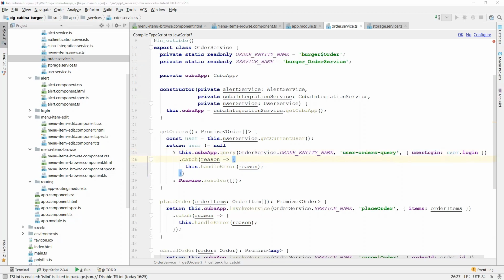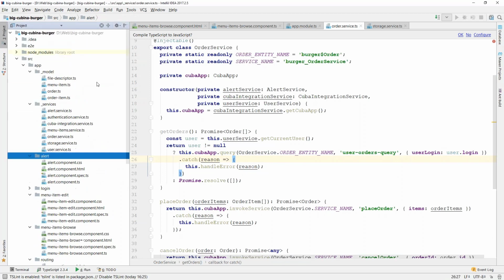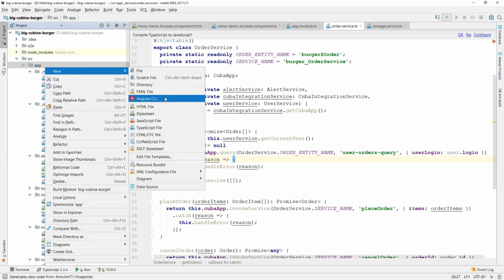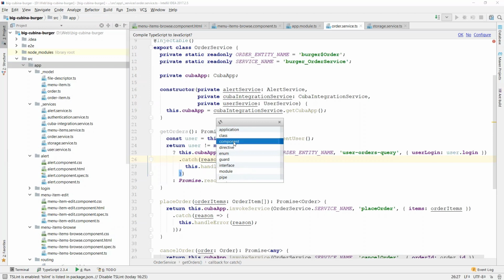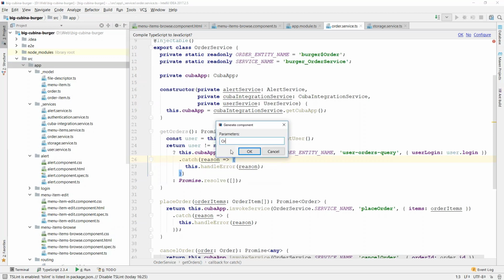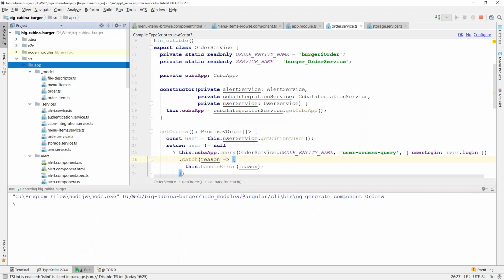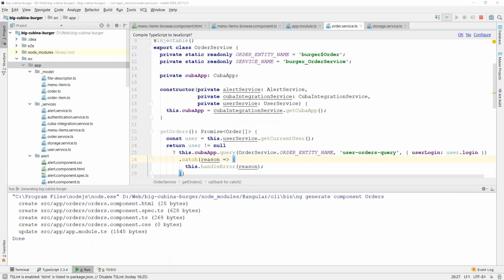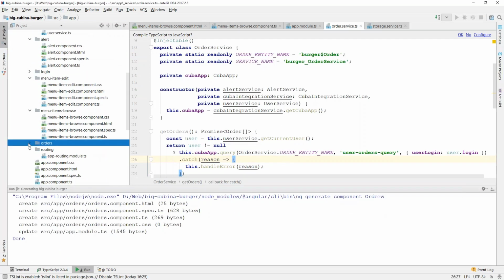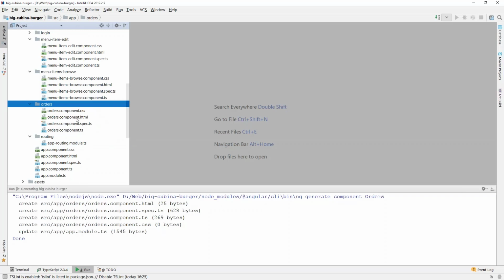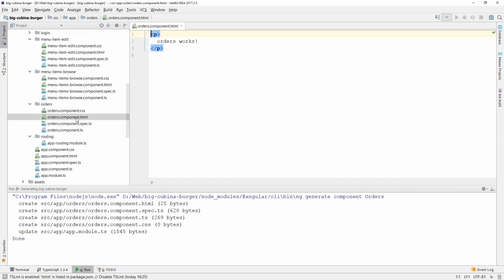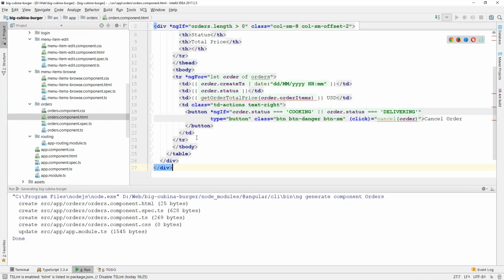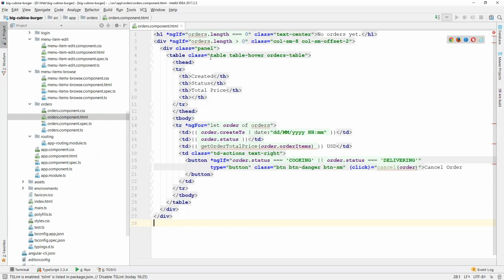Now let's create a new component to display orders. Set name orders. Let's replace its HTML template with the following. So just simple table. Add styles.